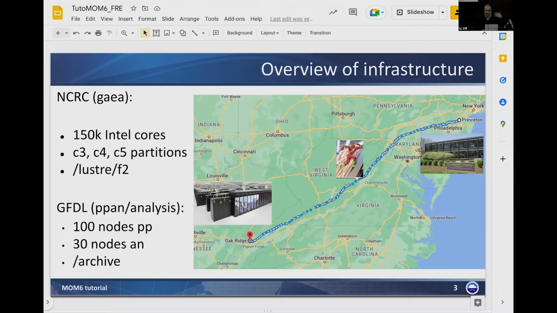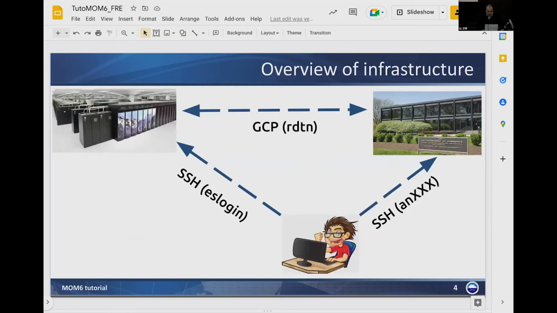So again, we have that huge machine in Tennessee that we're running things on, and we're gonna post-process and analyze the data at GFDL. So what's happening between the two is that we have a very high-speed data transfer, and everything that needs to happen between the two sites is orchestrated by FRE. So what you used to do, you're behind your computer, you used to SSH either onto